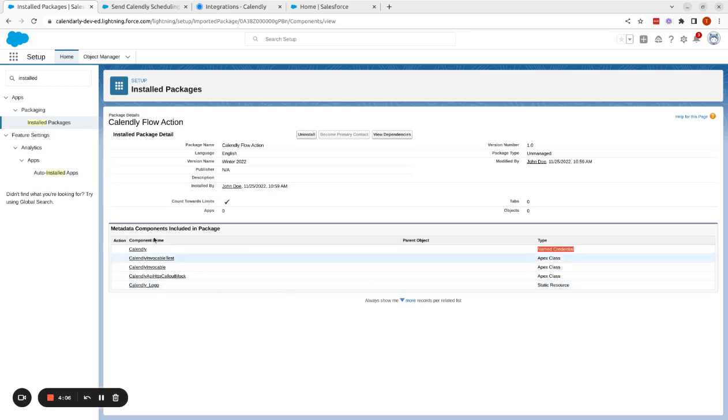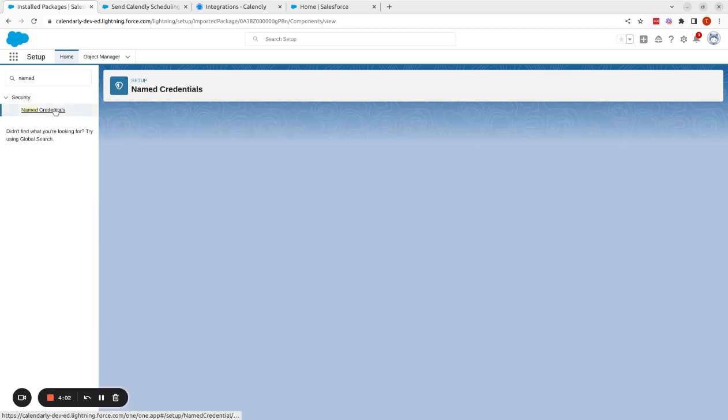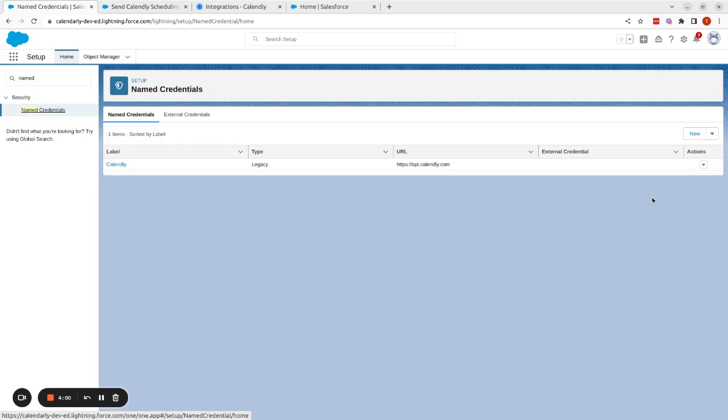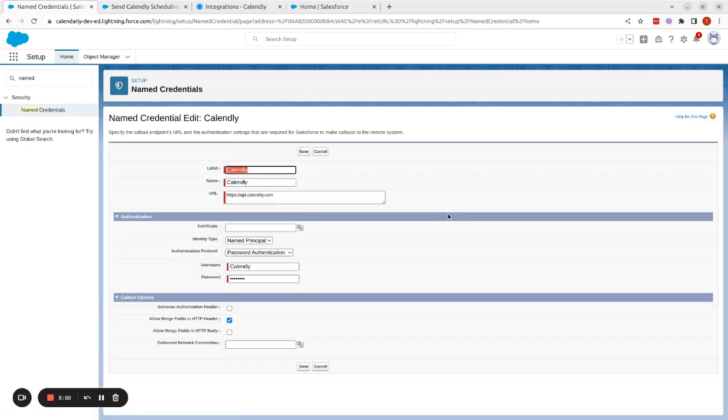So after installing the package, the only remaining piece of setup will be to update the named credential included in the package. This is just going to allow your Salesforce organization to retrieve data from Calendly's API. So to do that, you'll just come in here, and the username you won't change, but for the password, what